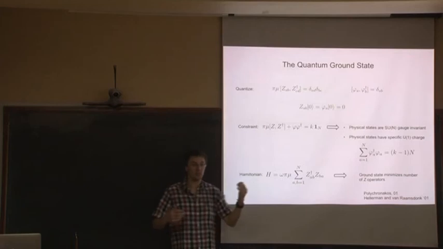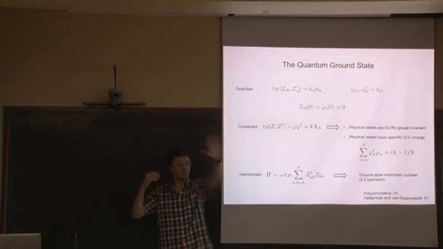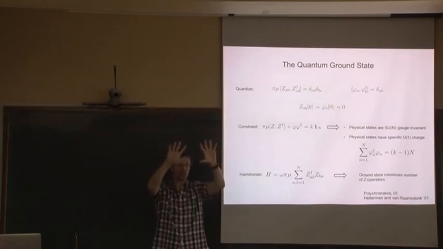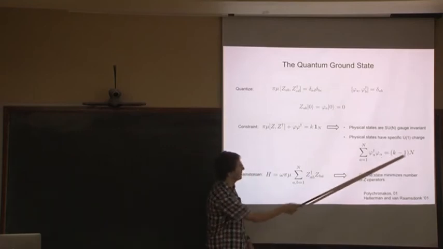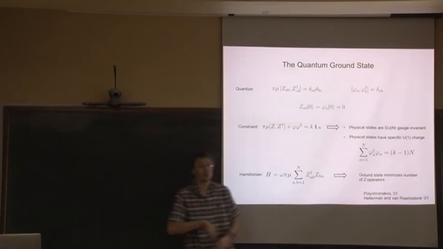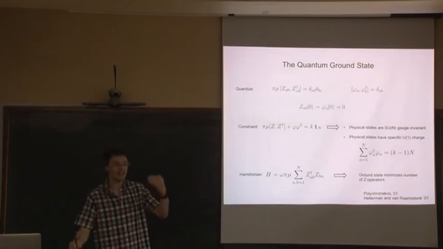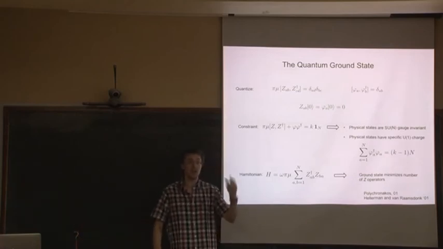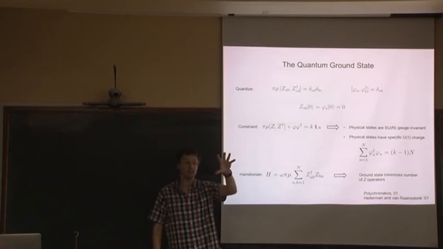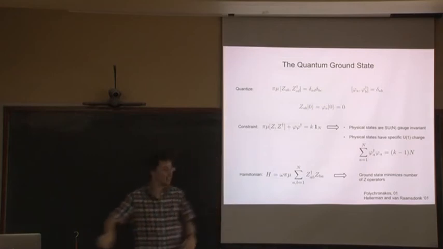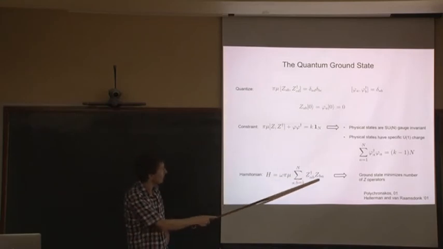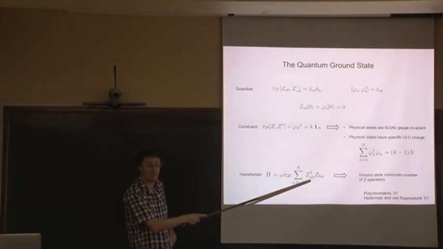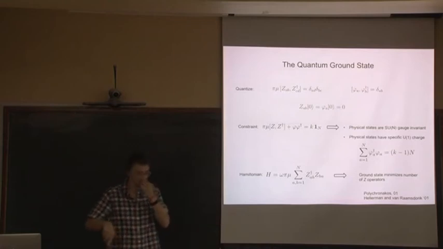So what's the game? You want the Hilbert space consisting of phi daggers and z daggers acting on the vacuum. But the number of phi daggers is fixed to be this. So you need to construct SU(N) invariant states with a fixed number of phi daggers, and then the energies of those states are given by the potential term, which is the Hamiltonian, which just counts the number of z's. And phi doesn't contribute to the energy.